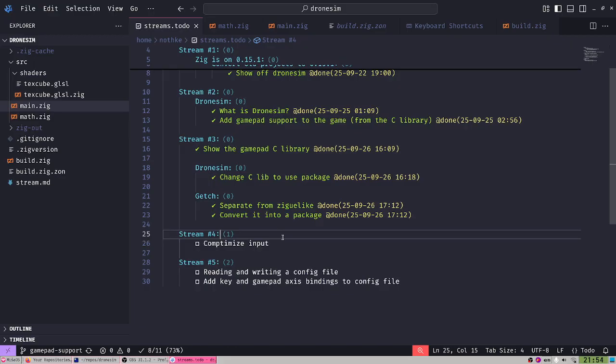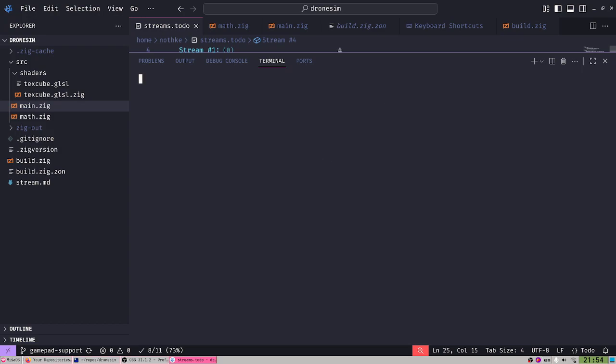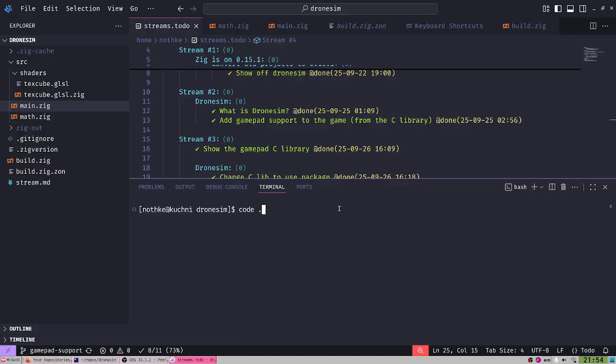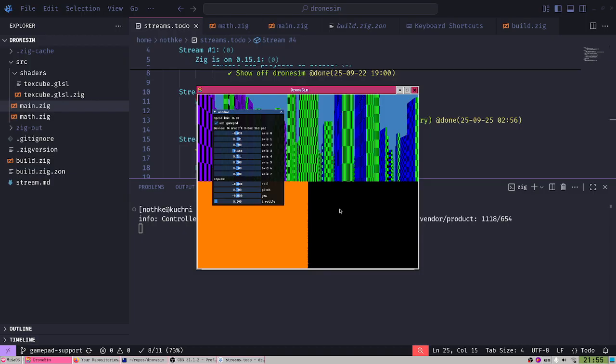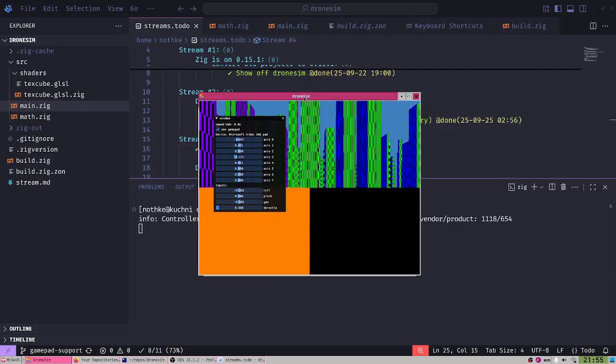I'm working on something that I call the drone sim, which is an FPV simulator. It is open source. You can find it on my GitHub. Let me show it quickly. Zig build run. It's written in Zig. It uses Sokol as the graphics abstraction. And as you can see in the newest version, you have input,